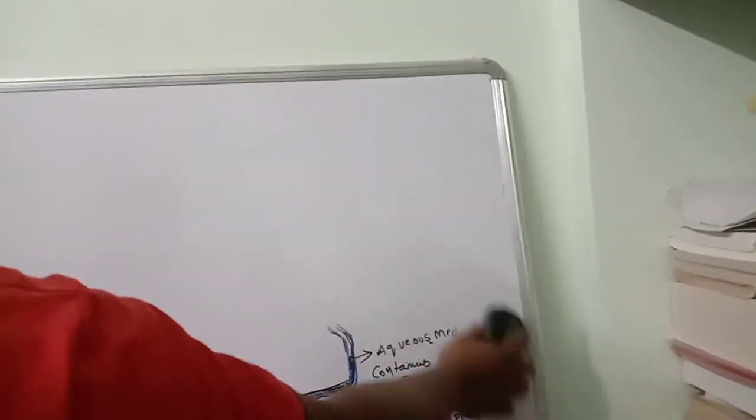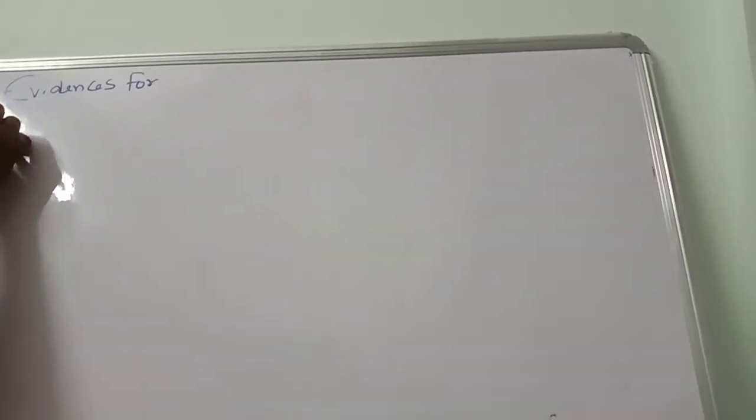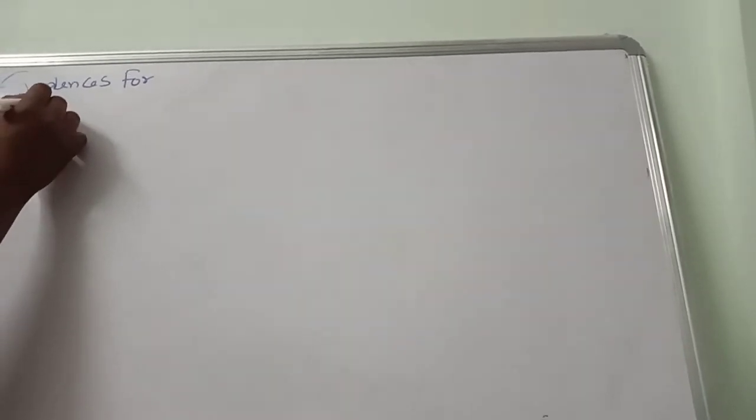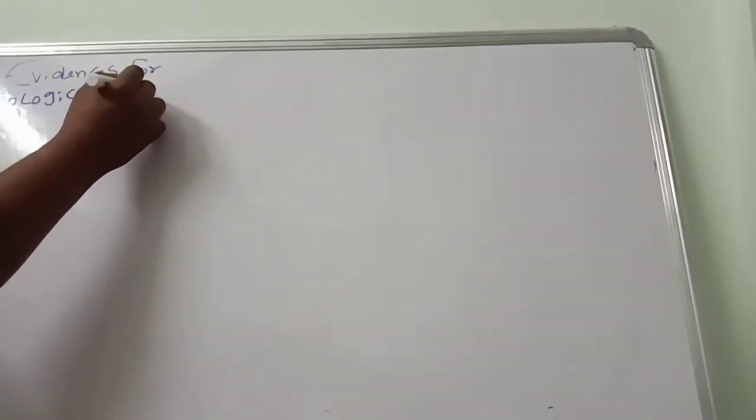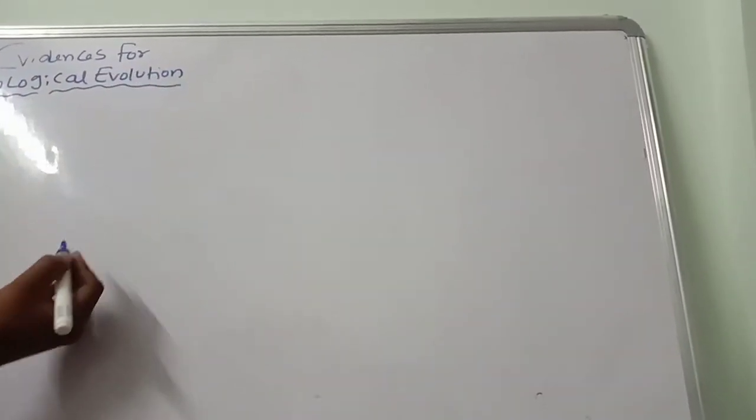The next concept is the most important thing we are going to discuss. The next concept we are discussing is what we call the evidences for biological evolution. Okay, what are the evidences? That one we are going to discuss. These are all very very important contents. First one,